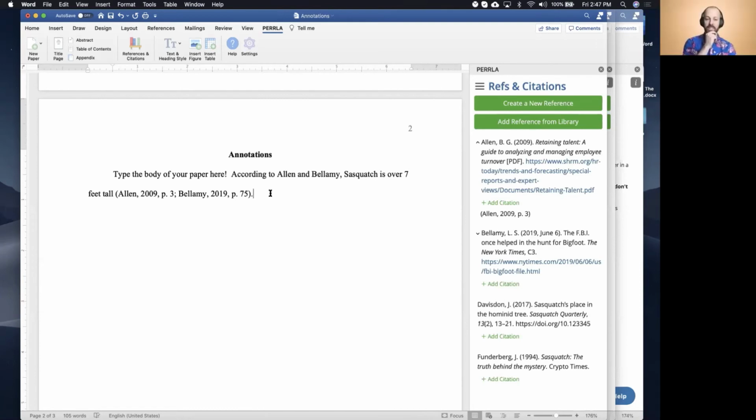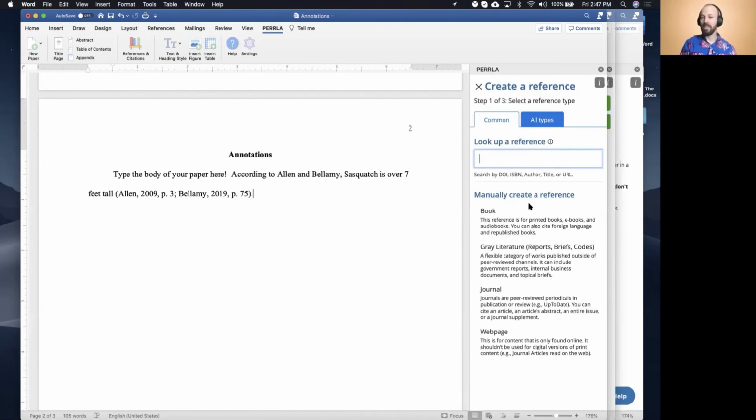Absolutely. Yeah, this is one of the things that when we updated our reference engine for APA 7, we know users have really wanted to have happen for a long time. You know, Perla is really great about making sure that your references are properly formatted. But for many, many years, you've had to enter in all that information manually. However, with APA 7 inside Perla Online and Perla for Word add-in, when you go to create a new reference,